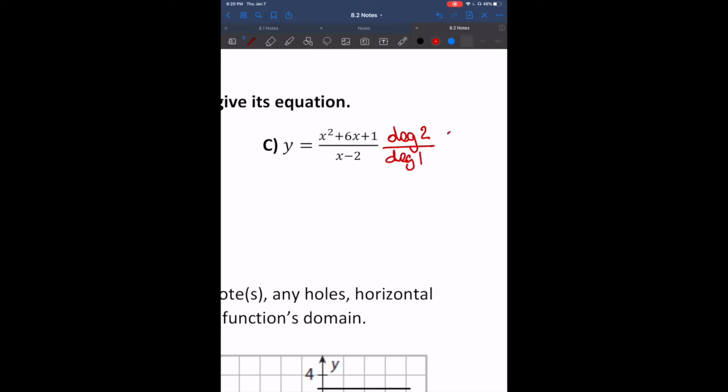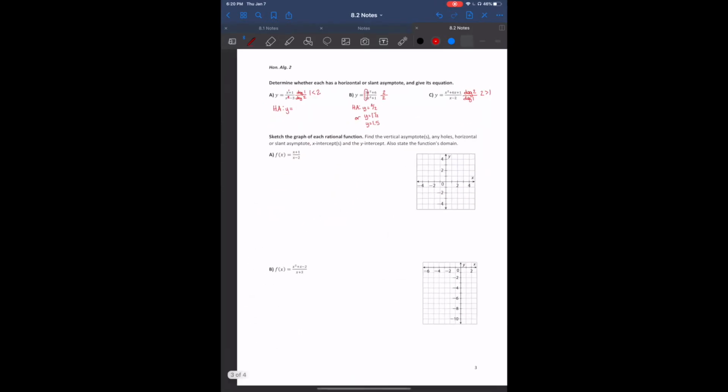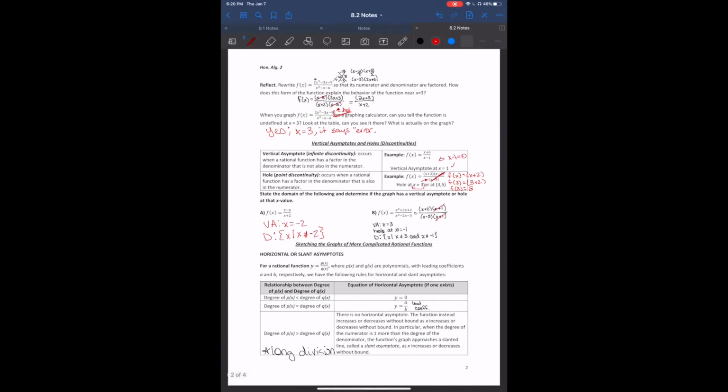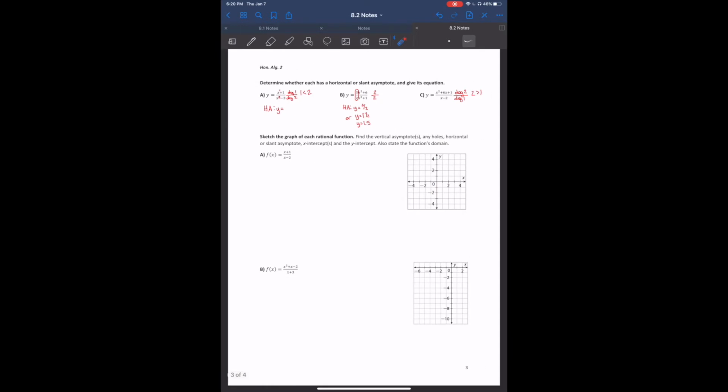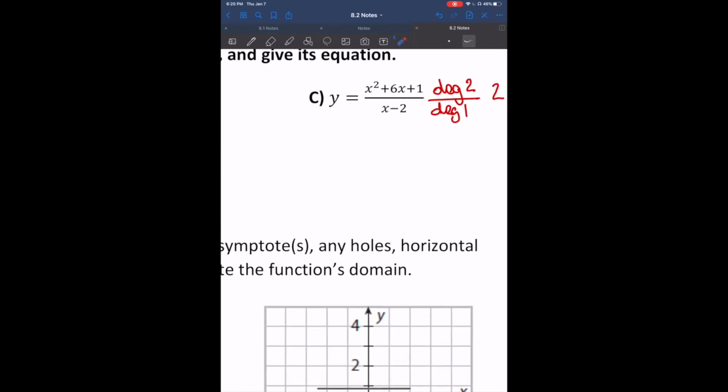This tells me that my numerator is greater than my denominator, and we have to find our slant asymptote by doing long division. Okay, so let's go ahead and set this up. We're still performing long division, so we have x minus 2 divided into x squared plus 6x plus 1,